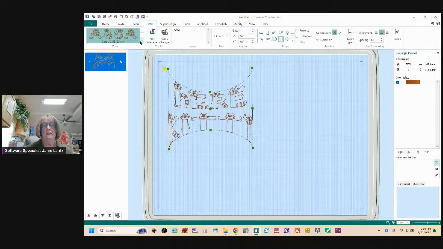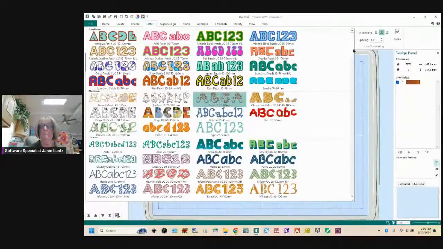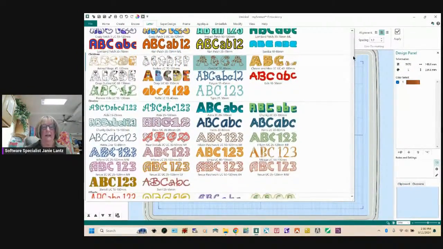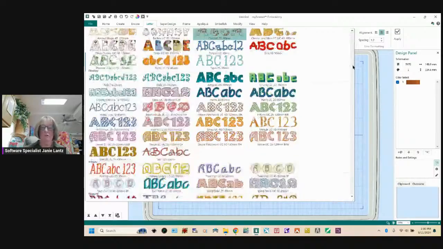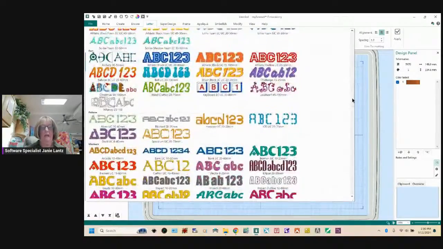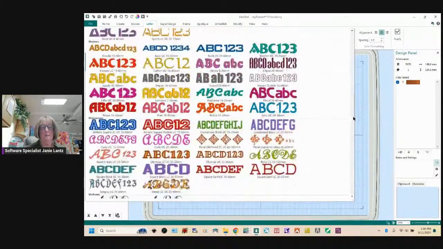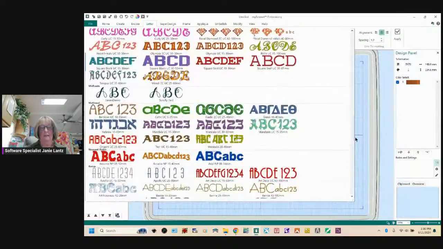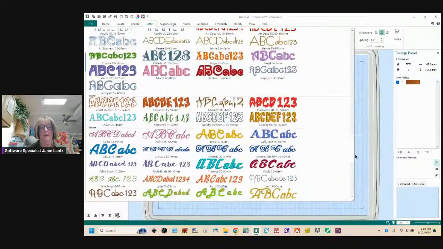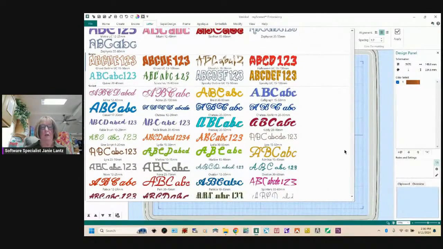And I'm using this time from my gallery viewer for the letters, one from the script set. Now, the script fonts were specifically designed to connect to each other, and they've been around in our embroidery software system for a long time. They do have some limitations. So the script fonts, because they do connect,